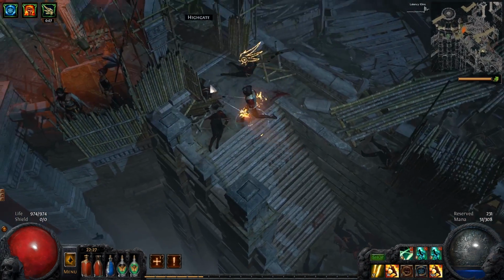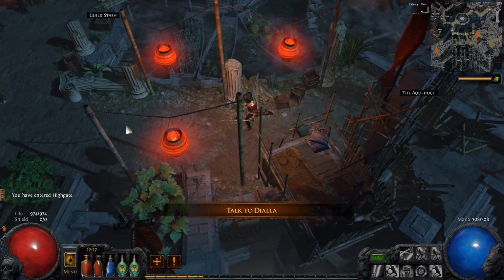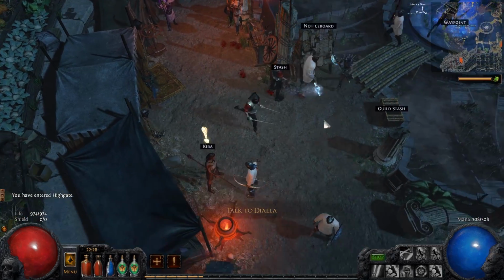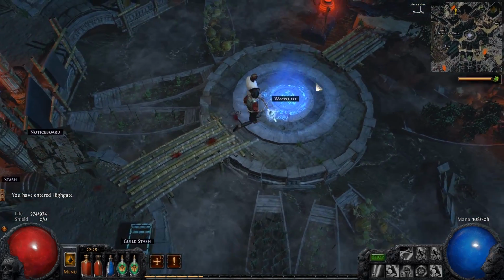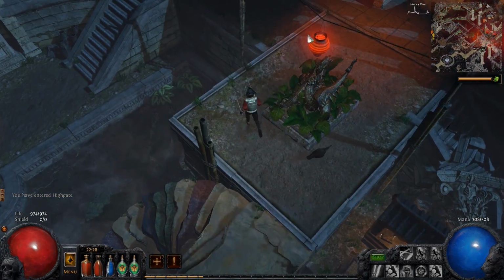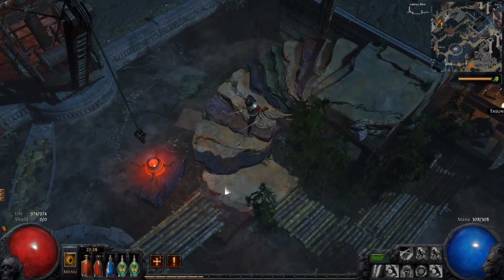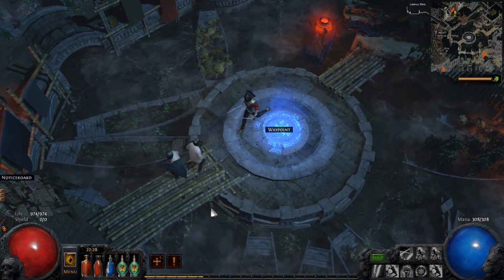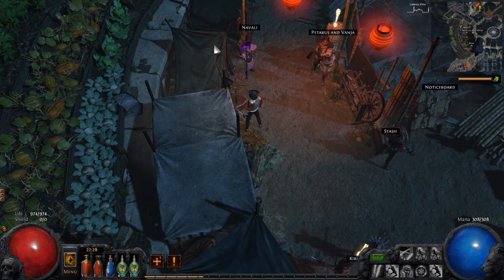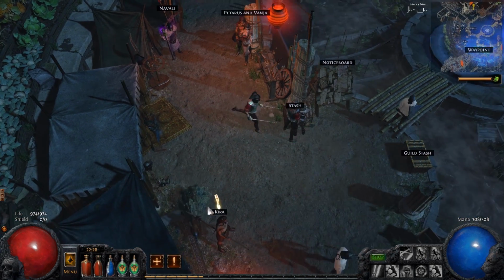But now we have reached Highgate, and by the way, I really like this city, whatever you want to call it. It feels more like a permanent settlement than the improvised one in Act 1. You could say that Act 3 also has a permanent settlement, and even Act 2, but this one feels more permanent and more sustainable because they are actually growing food and everything in here. But that's just me, and it has nothing to do with the gameplay. We get a level,